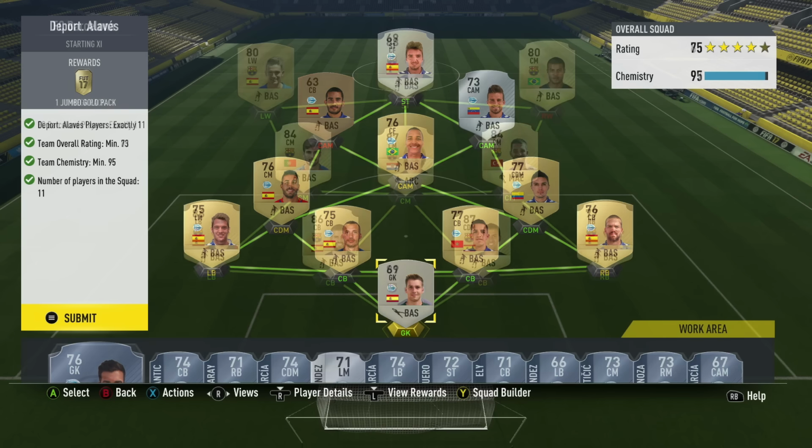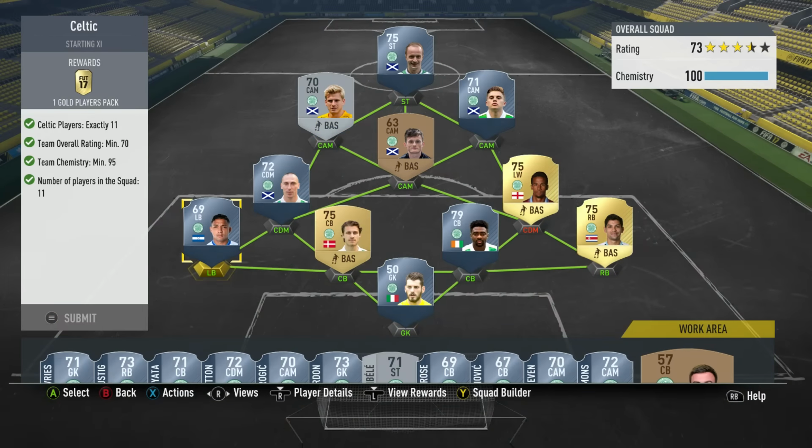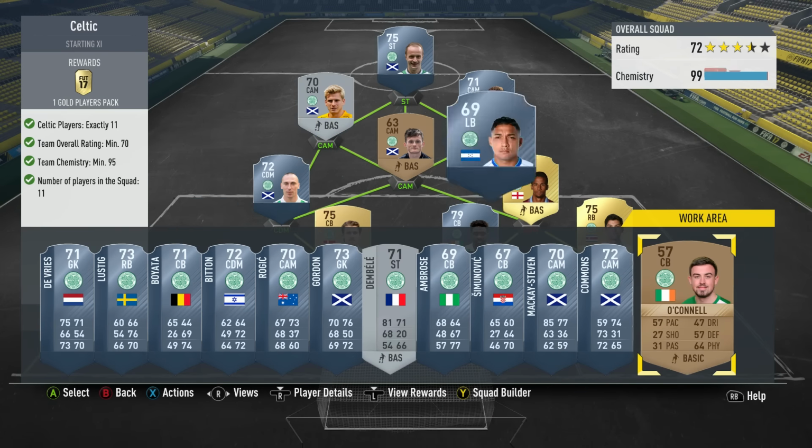Actually, I will show you one more example. That is Barcelona. I've got Busquets as centre back, as well as a Rafinha at right wing, and Iniesta as a centre forward playing striker. And again, you want as many bronze players as possible in that starting 11. So what I do is take out the left back and put in the bronze centre back, and it's only